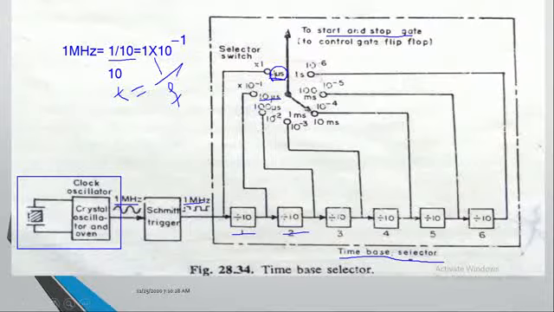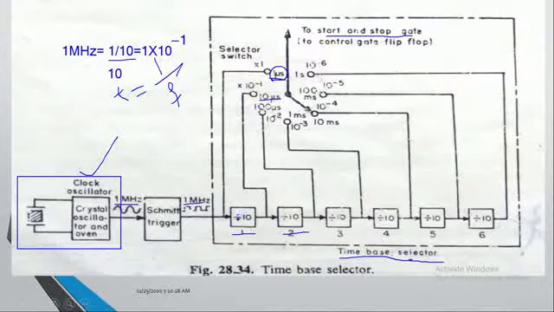If you see this, we have the 1 microsecond, which is multiplied with 10 to the power of minus 1, which is nothing but 10 microseconds, then 100 microseconds, 1 millisecond, 10 milliseconds, 100 milliseconds, and 1 second. Like this we have the time base selector. We simply take the crystal oscillator to generate the frequency signal, that sinusoidal wave is converted into a square wave, and this square wave signal frequency is divided with the